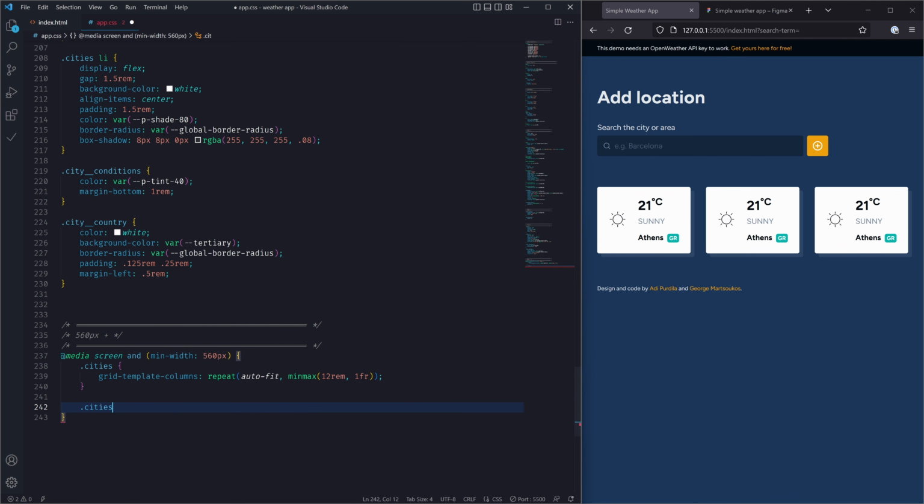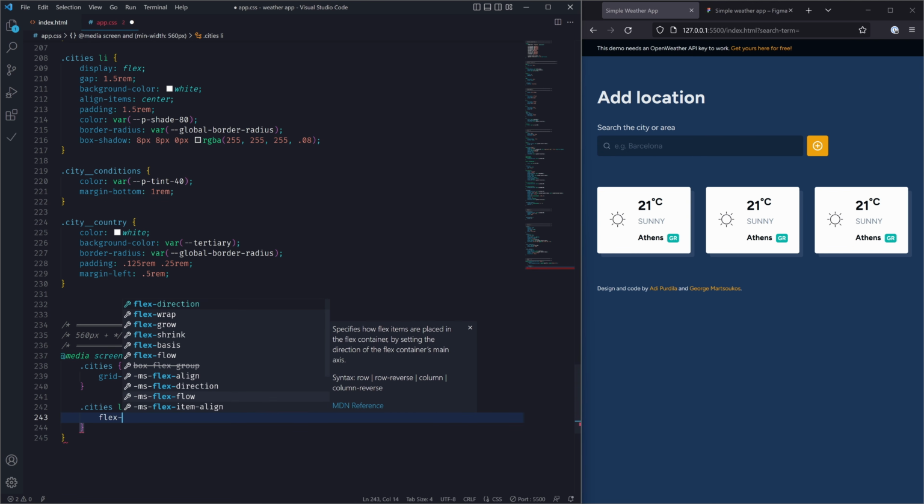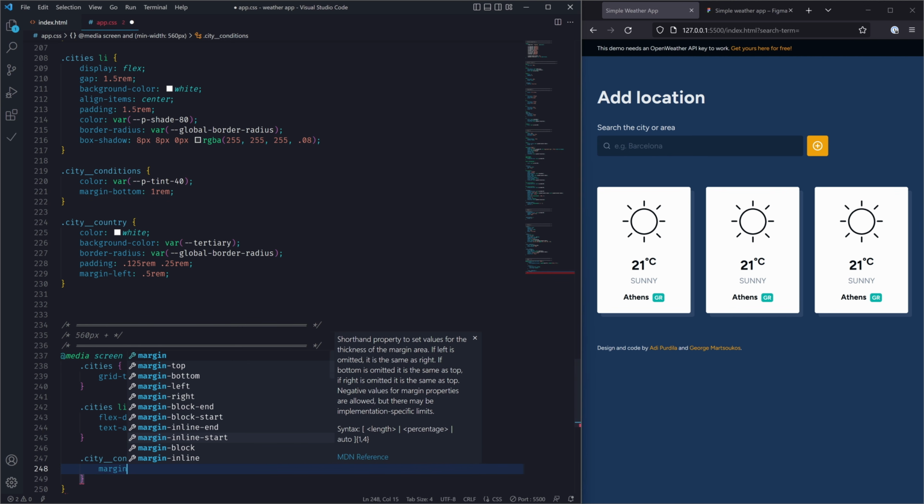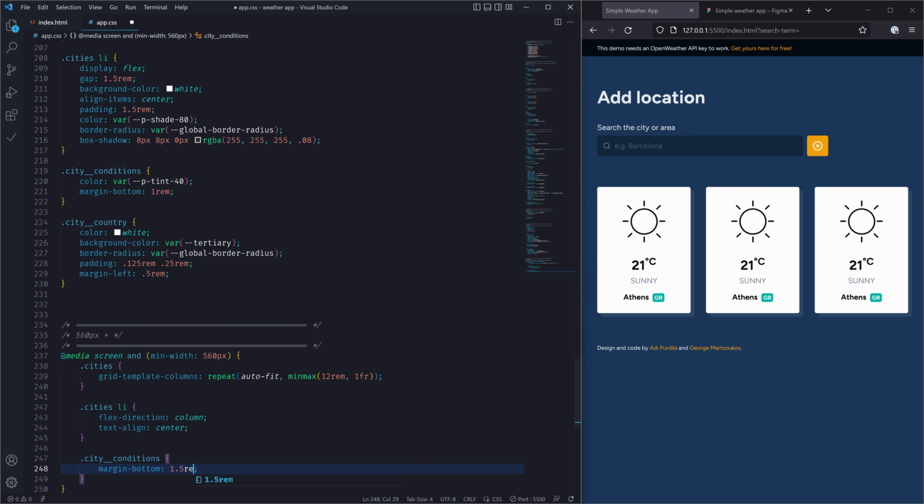So we can say cities, li. By default, the flex direction is set to row, but we can set it to column, which will display the items in a vertical fashion. And then all we have to do is say text-align center to make sure everything is aligned properly right in the center of the card. And finally, let's target the city conditions. And I'm just going to add a margin-bottom of 1.5 rems just to push the city and the country code